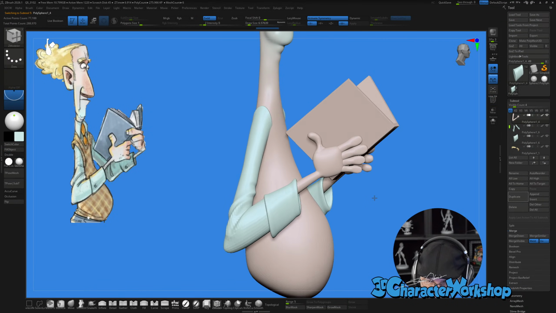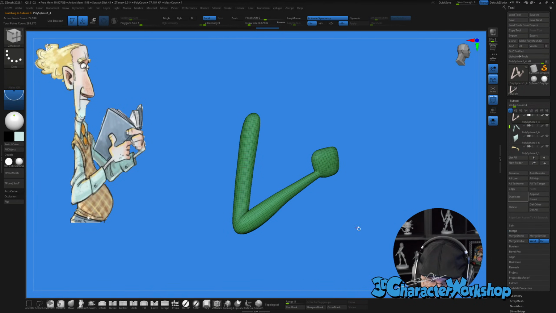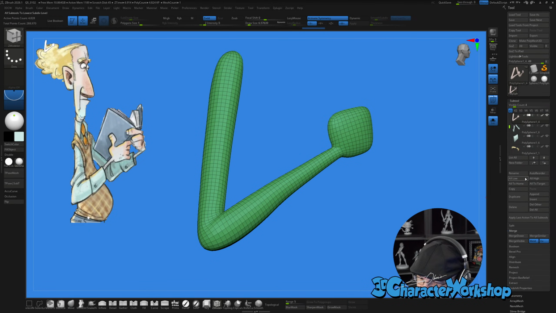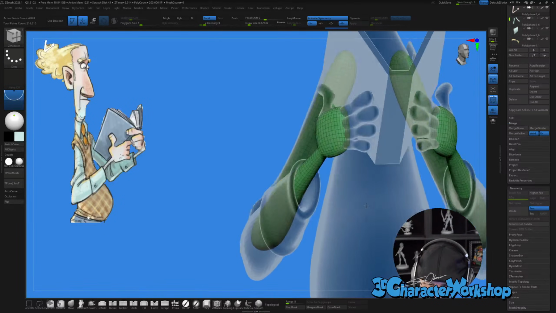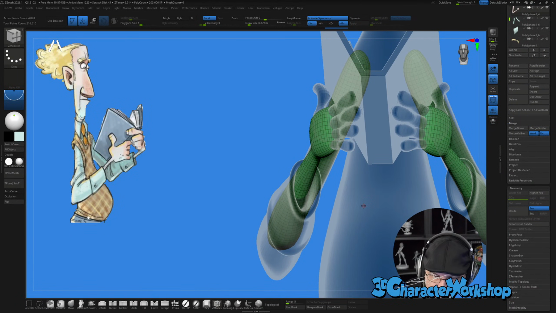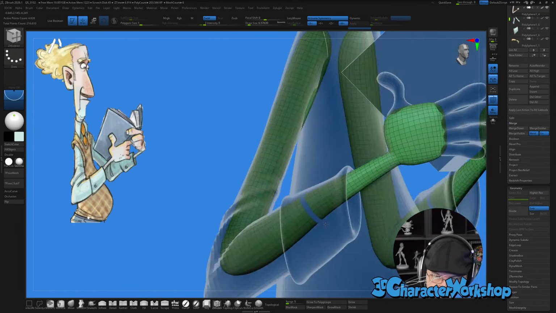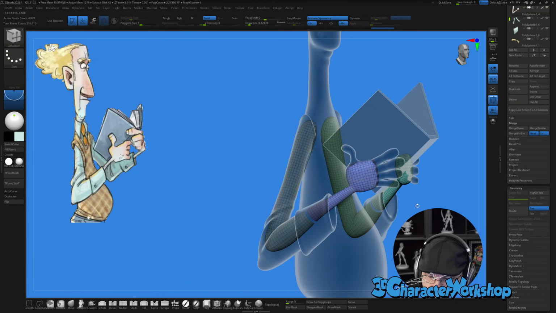Grab our arm and then we can see where we're going to cut that arm down in here. I'm just going to get rid of the subdivisions. Delete higher. Okay, and then we can turn on transparent and turn solo off. I don't know if I can really see it. You kind of can right up in here. Maybe this loop. And then we'll just kind of repeat the steps. We'll do auto groups. And then I just want this one.